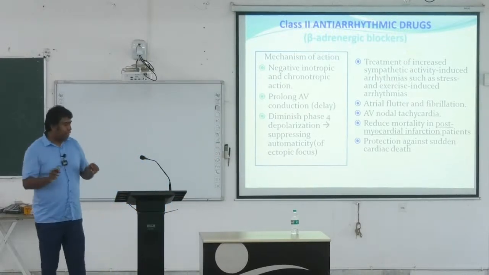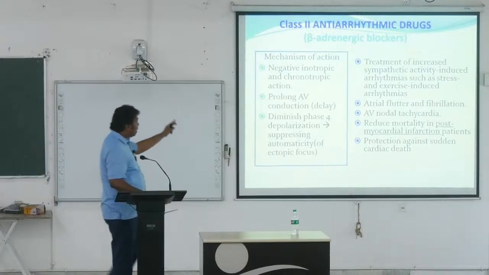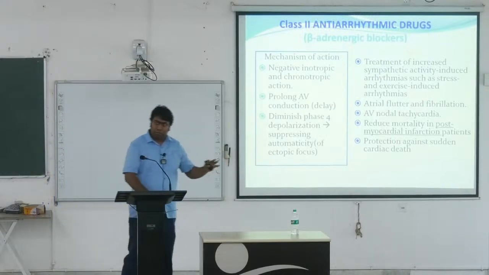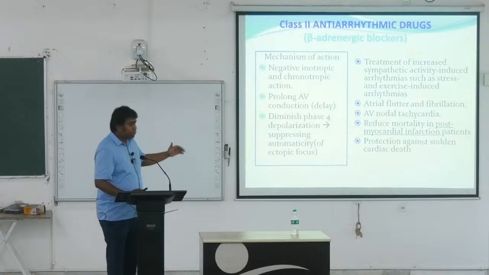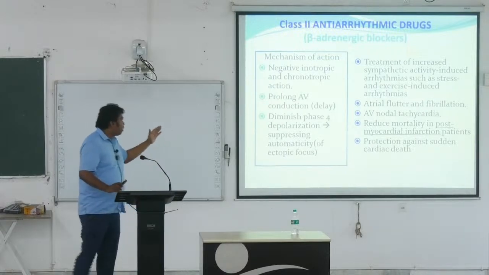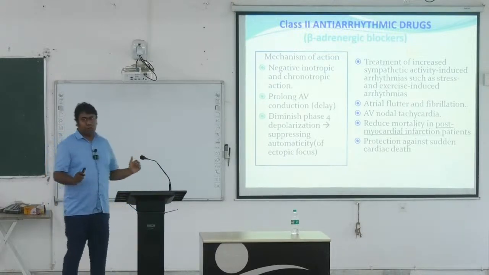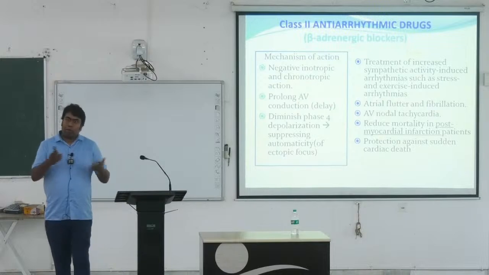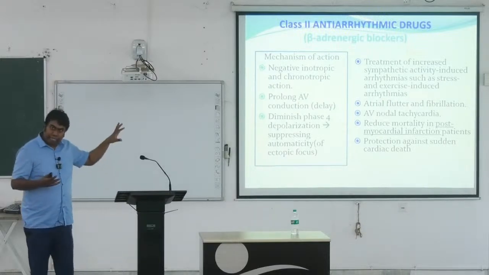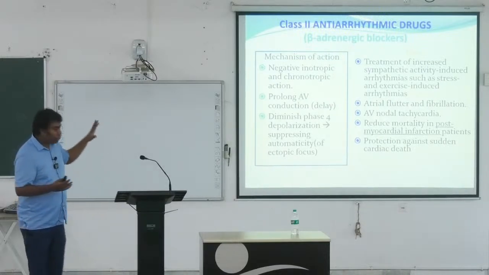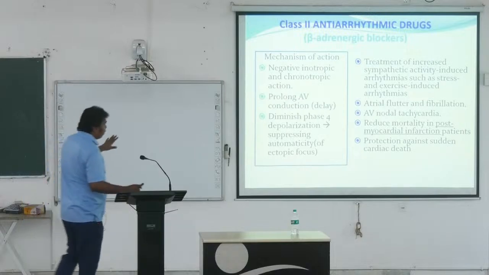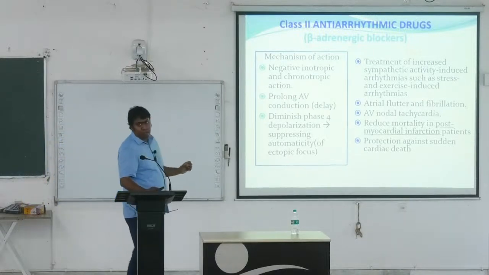Prolongs AV conduction. Diminishes phase 4 depolarization, suppressing the automaticity. তার মানে ওই যে চারটে কথা আছে সবকটাই ঘুরিয়ে ফিরিয়ে বলা। অটোমেটিসিটি কমাচ্ছে, এভি নোডের কন্ডাকশন কমাচ্ছে, ইনোট্রপিক, ক্রোনোট্রপিক অ্যাকশন।